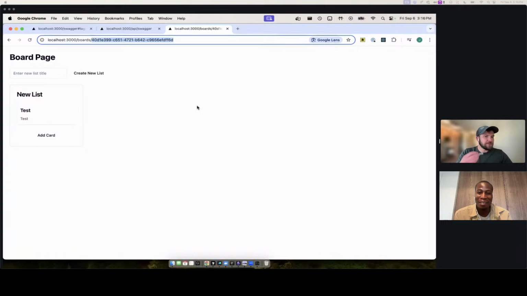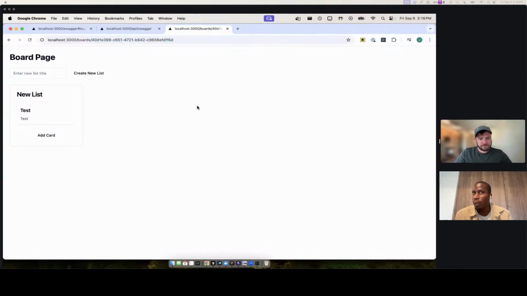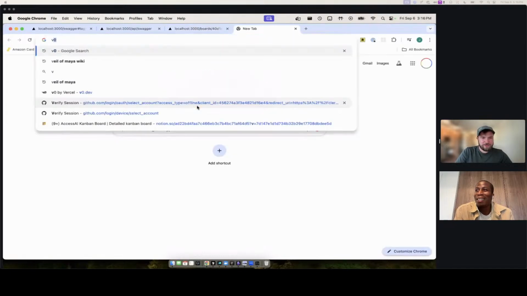Yeah, that sounds good. Where do you want to start, Dami? I could jump into some of the Cursor stuff. Do you want to start with V0? What are you feeling? Yeah, why don't we start with V0, and then what's your workflow with V0, or do you prefer Cursor? Like, what's your preference? I use V0 a little bit.